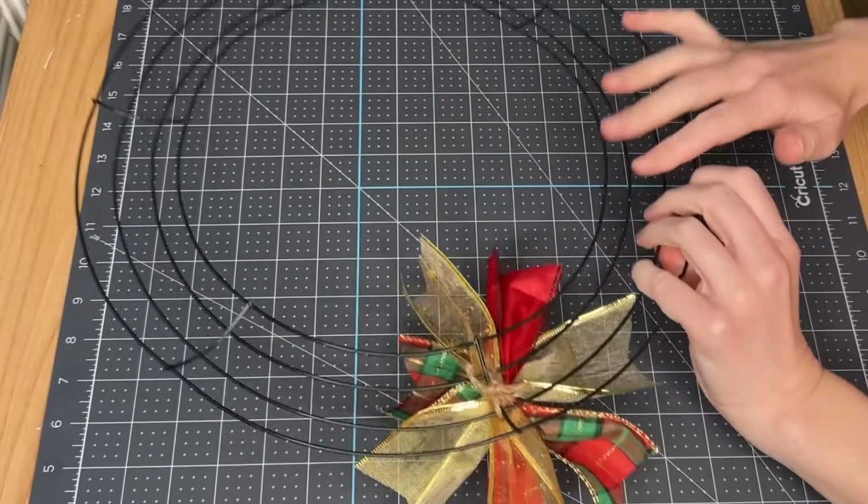While you watch me tie the rest of the ribbon bunches,